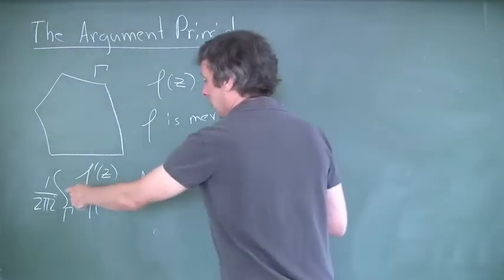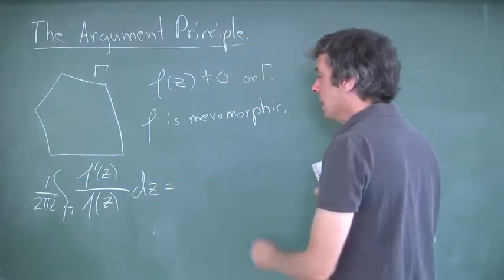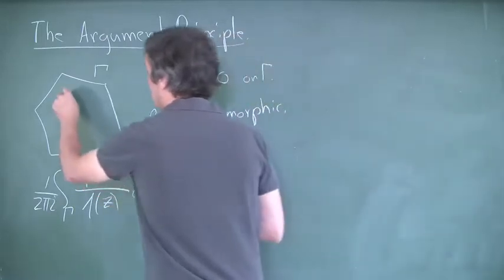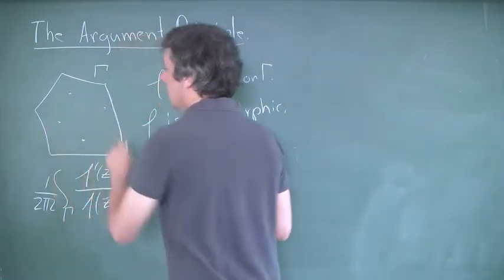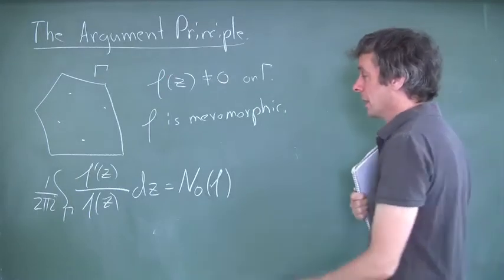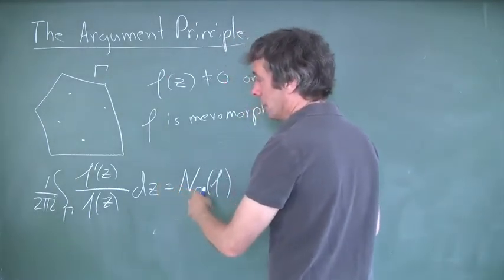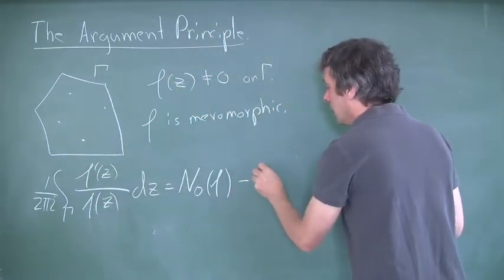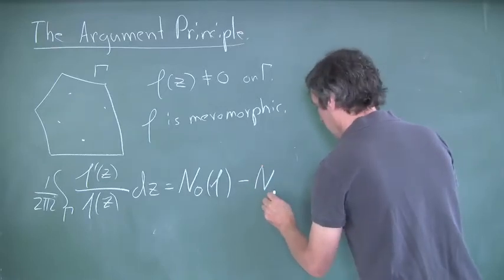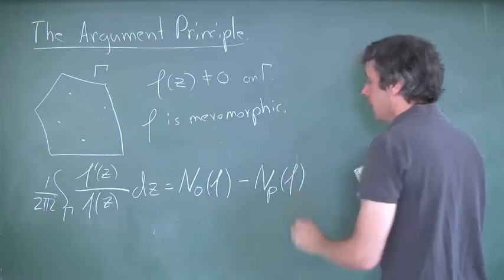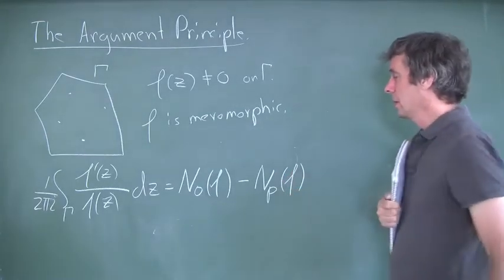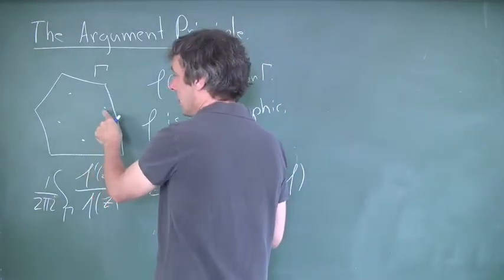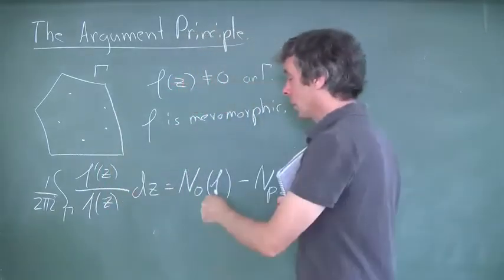And the argument principle says that this integral is actually equal to the number of zeros of f inside. So there could be some zeros in here. And they are counted with multiplicity. So if we have a double zero, you count it as 2 here. And then you subtract the number of poles. And they're also counted with the order of the poles. So if you have a pole of order 3 at some point here, then you count it as -3